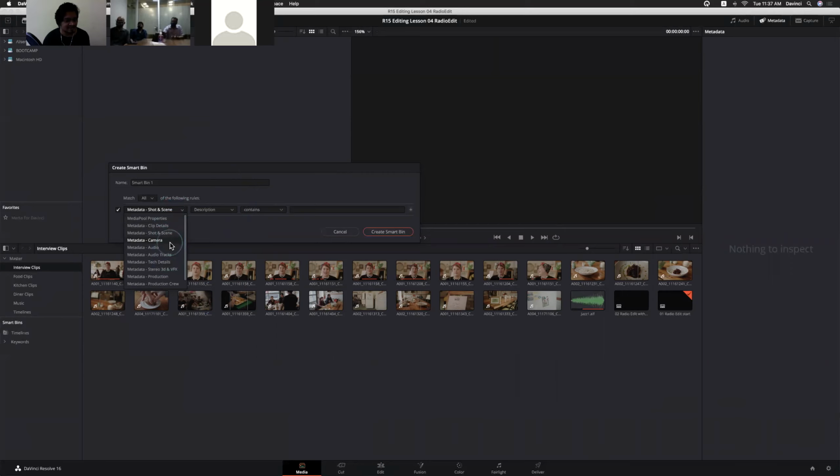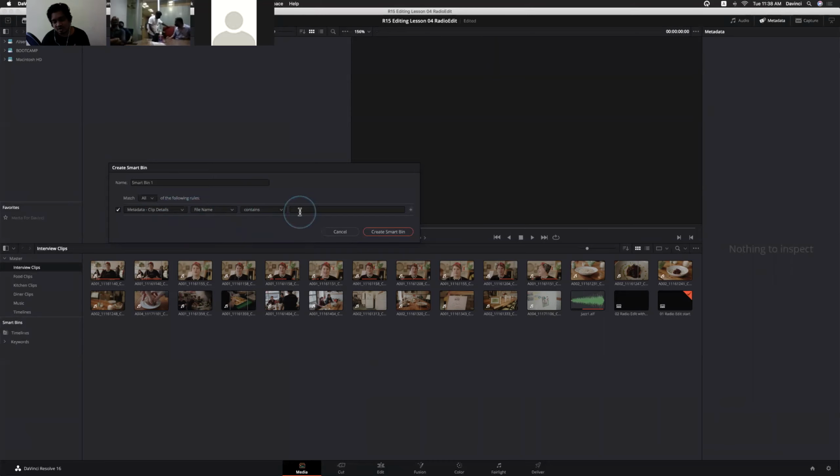Like the camera metadata, based on camera type. While shooting itself, you people have certain naming for cameras, right? Maybe ISO 1, 2, 3 based on your shooting. If you have the same metadata, we can create a smart bin by using those metadata also. Just type the name, or you can use the file name also, if you have renamed everything.